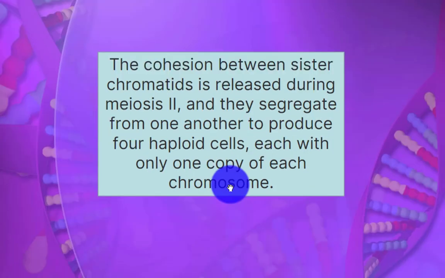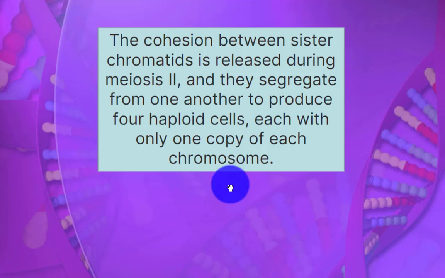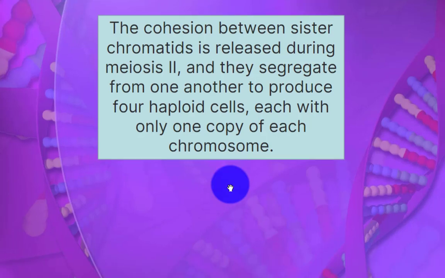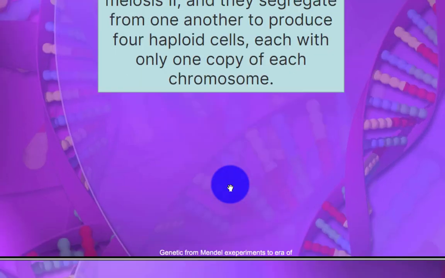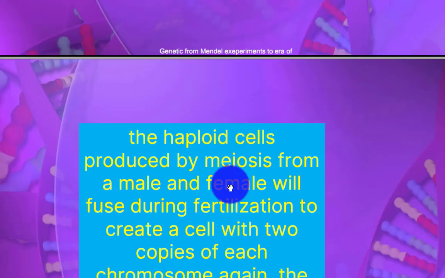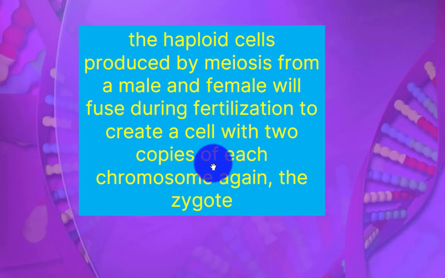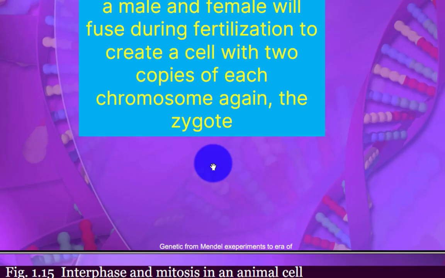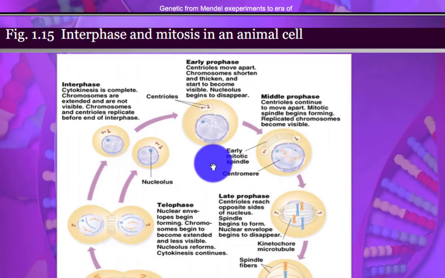The cohesion between sister chromatids is released during meiosis 2 and they segregate from one another to produce 4 haploid cells, each with only 1 copy of each chromosome. The haploid cells produced by meiosis from a male and a female will fuse during fertilization to create a cell with 2 copies of each chromosome, again the zygote. Here is the detailed